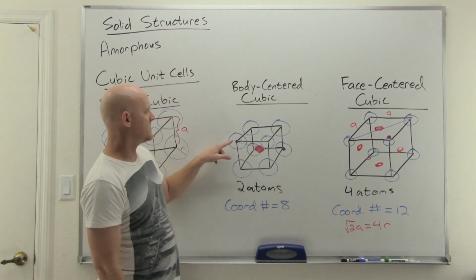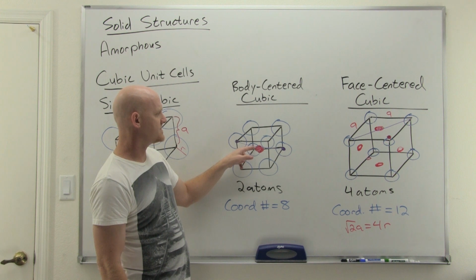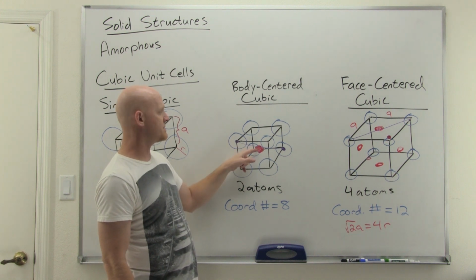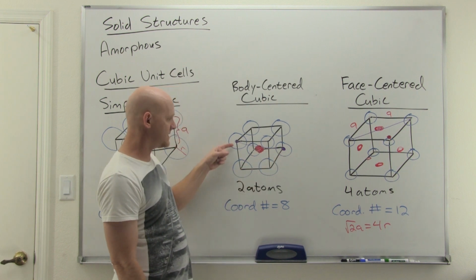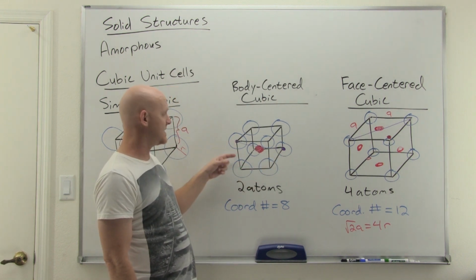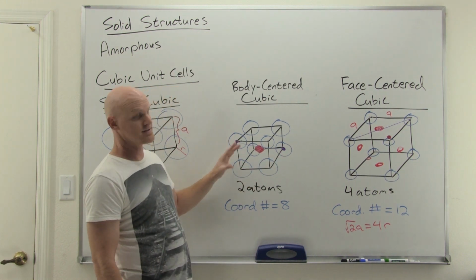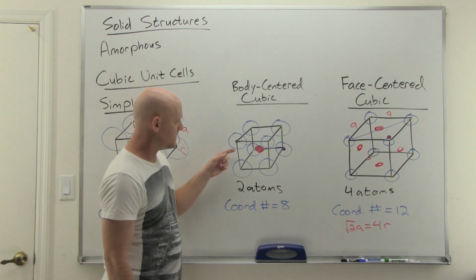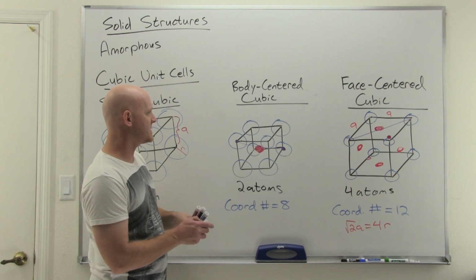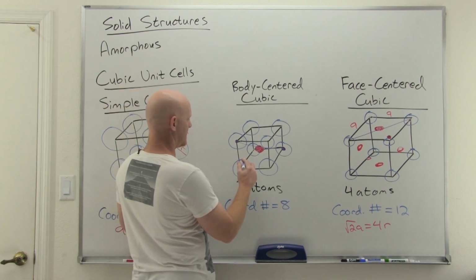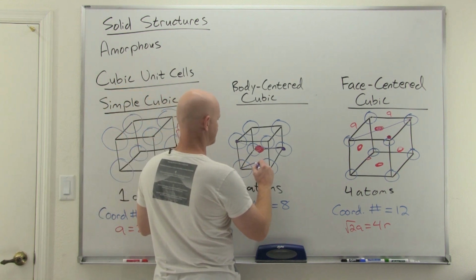I'm supposed to. So you've got the radius of this corner, the 2 radiuses, i.e. the diameter of the body center, and then the radius of this guy. That's where the atoms actually touch in the solid. Two adjacent corner atoms here don't look like they're touching, and they're not. Again, here they were. So in this case, it's that body diagonal, and that body diagonal is going to be hard to see. So what we're going to do is draw